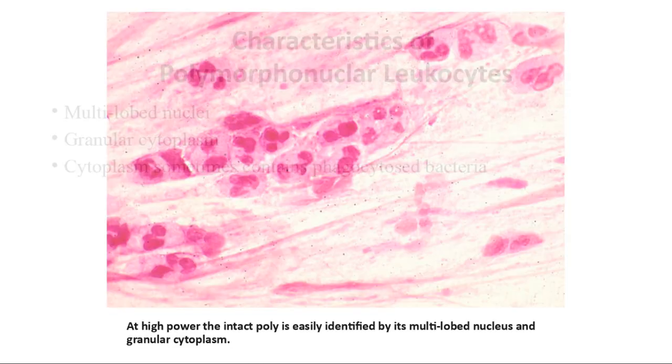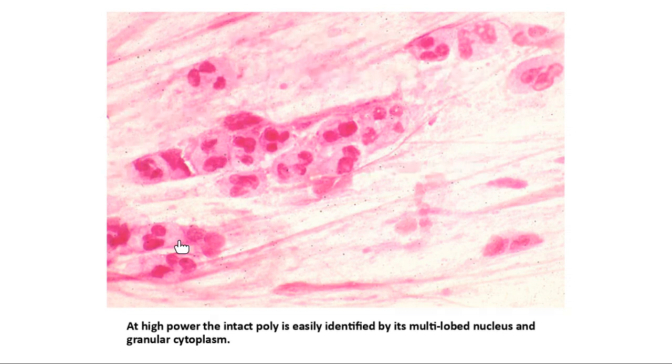So how do they appear? They appear like this. Look here, this is the polymorph neutrophil, which has the multi-lobed nucleus. Look here: multi-lobed nucleus, multi-lobed nucleus, multi-lobed nucleus. And there are no epithelial cells on high power field. When you find these neutrophils, it means your specimen is a very good specimen, and you can perform other tests along with this specimen.